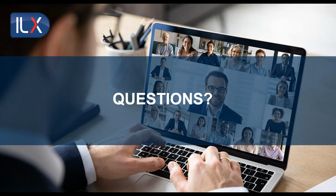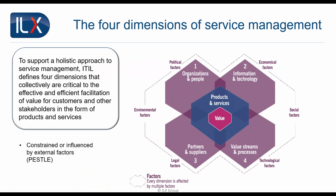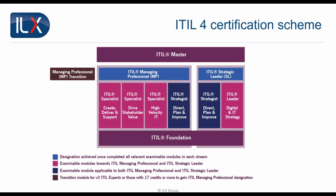Oh, here we go. Right, just as I said, a couple of questions come in. So we've got one. Someone is asking, when will the IT strategic route become available? Sorry, digital and IT strategy, I think they mean. Yeah, so that module is in progress at the moment, and Steve, you may want to shed a little bit more light, but it's slightly different to the other